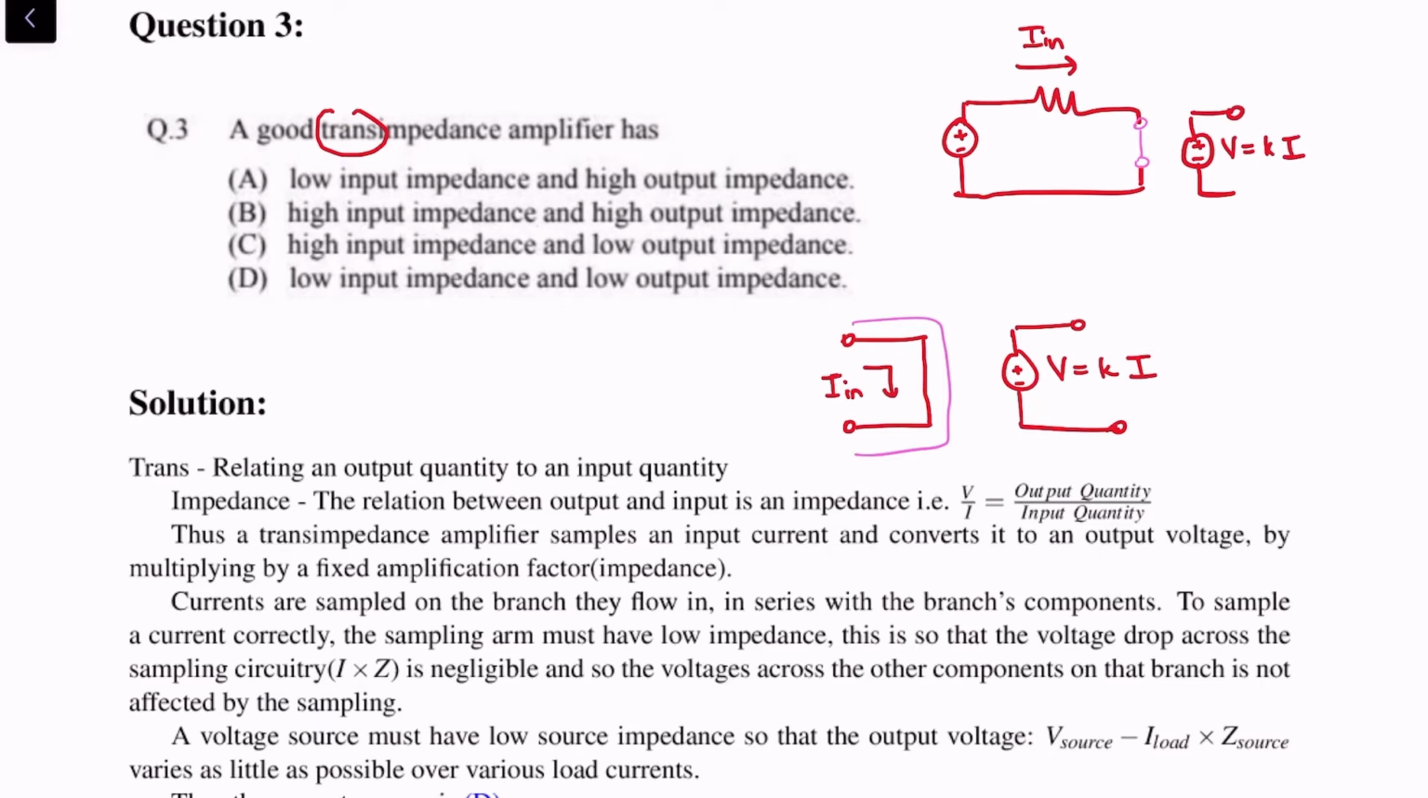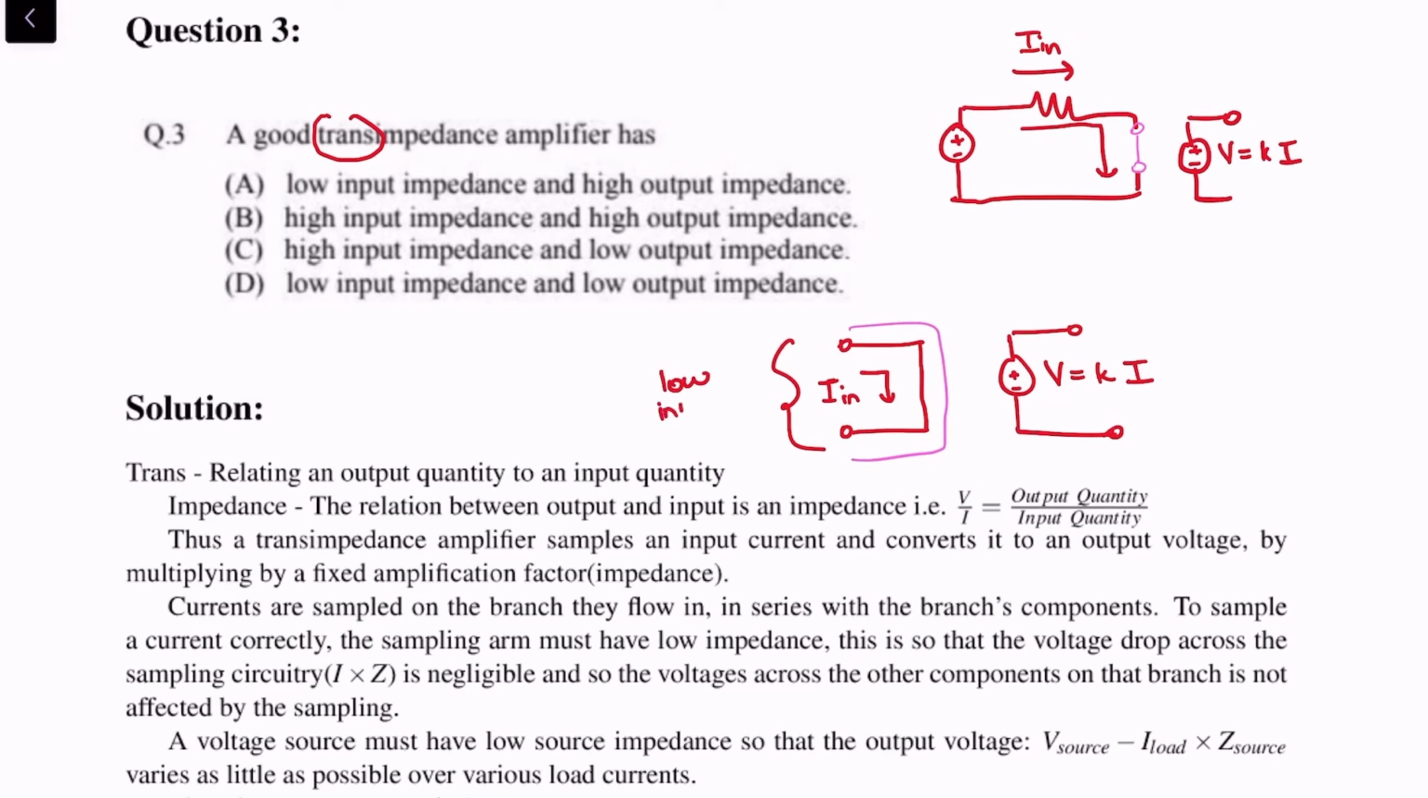And now you see the reason that the input is a short, that is, ideally it is a short. We don't want that by adding the input arm this circuit is modified at all. So adding a short in series with an element doesn't change the current in that branch, and so therefore the current in the original circuit is unaltered, right? So therefore what we want is a low input impedance,